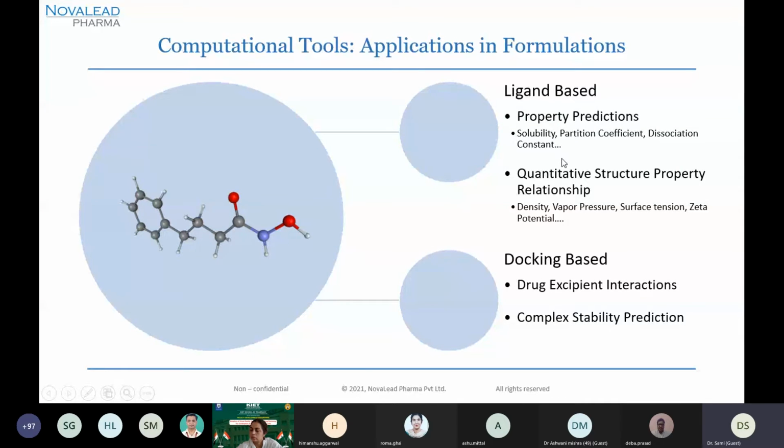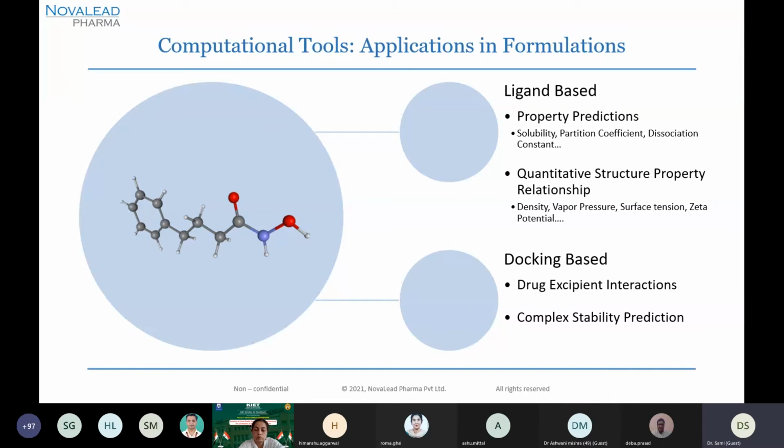So whenever we are talking about toxicity, I just now told you about toxicity. In toxicity itself, there are so many things. Genotoxicity is only one aspect, which is very important today. But there are other parameters like acute toxicity, cytotoxicity, clastogenicity, and there are so many. I can keep on talking about that.